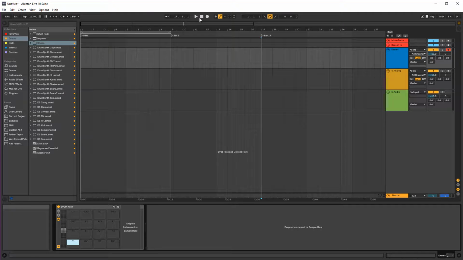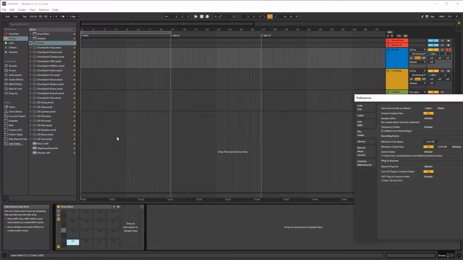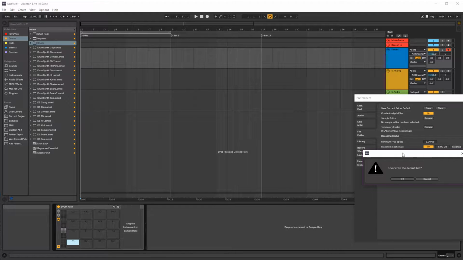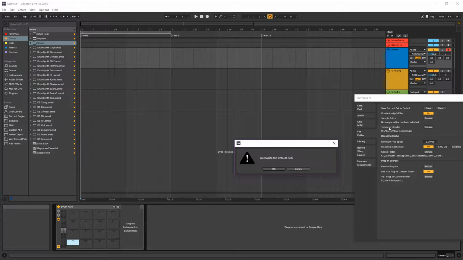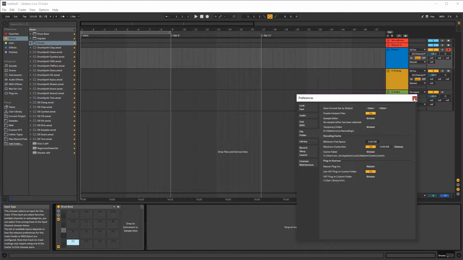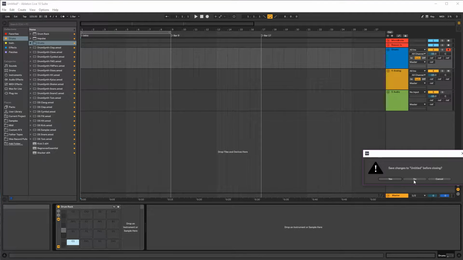And then as soon as that's ready, all you gotta do is go to options, go to your preferences, go to file and folder, and it says save current set as default. You hit save. Right now I already have a default set. I'll overwrite it, say yes, and then if we were to close,